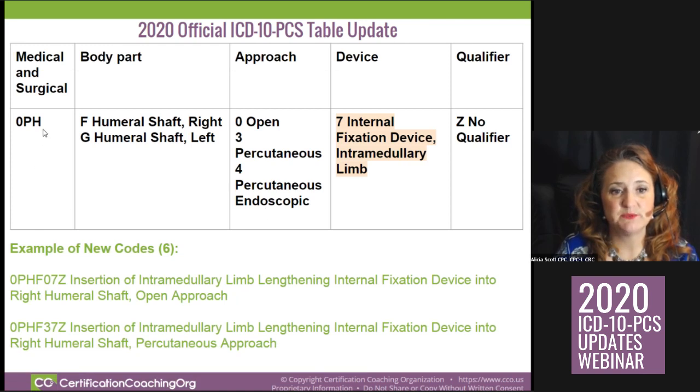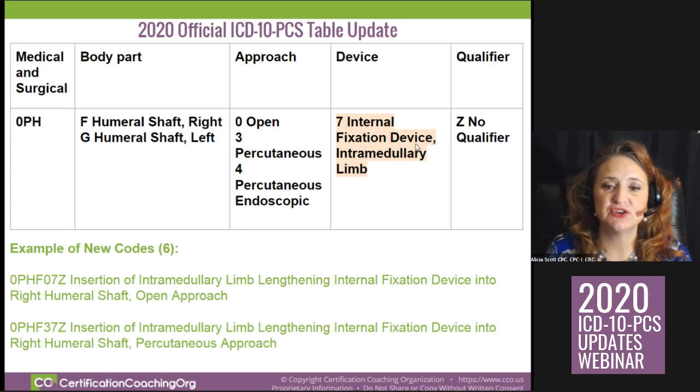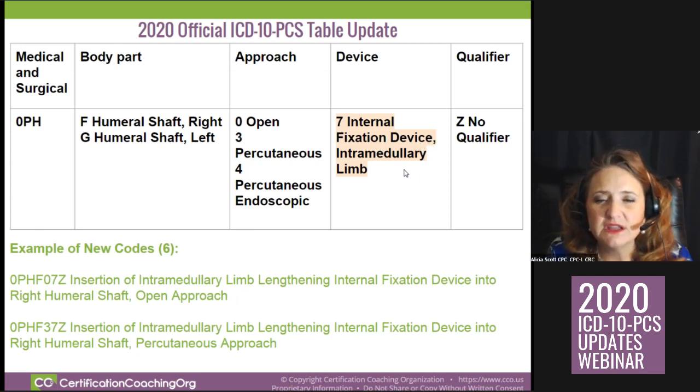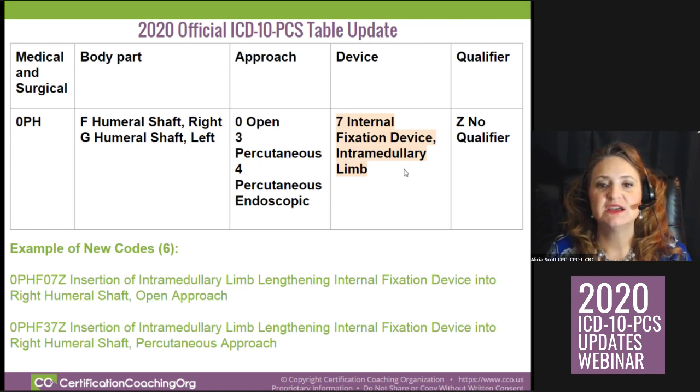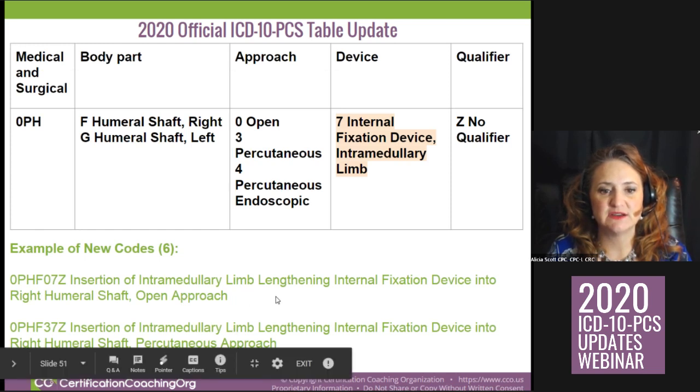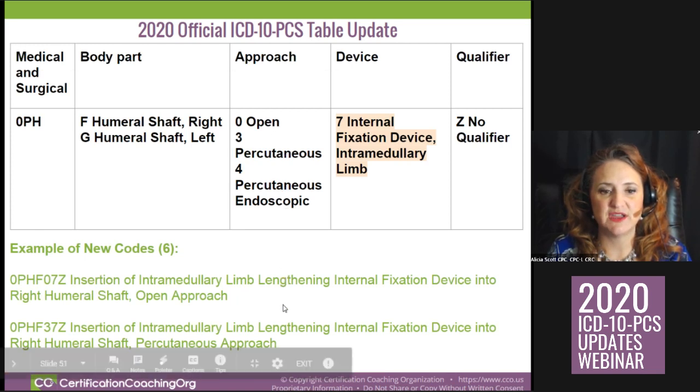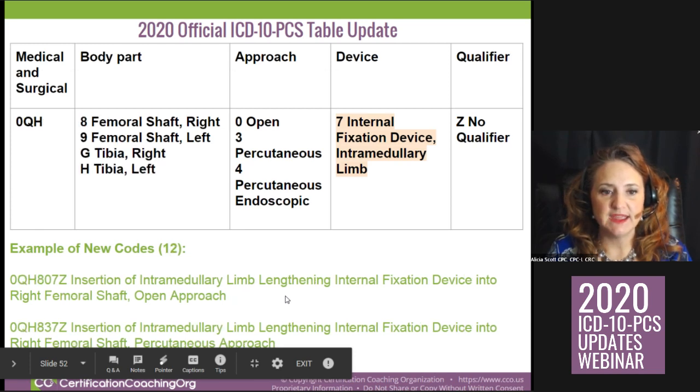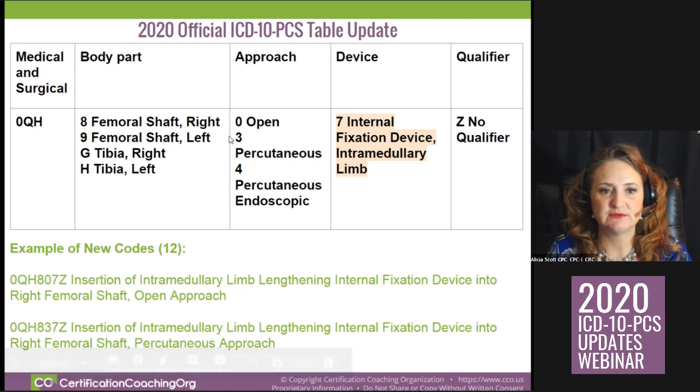6 new codes were given to us with OPH. So we're dealing with the humeral shaft, laterality here. Now the device we can add is an internal fixation device, intramedullary limb. So we can insert this lengthening rod is ultimately what that is. And we got 6 new codes for that because probably we have open, percutaneous, endoscopic approaches available to us. Yep, there it is. Insertion and right femoral and tibia